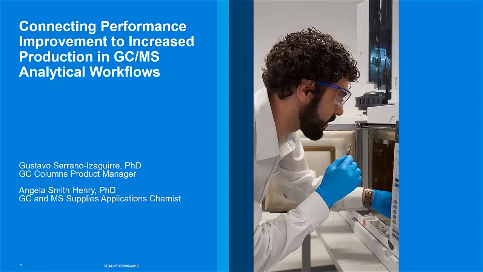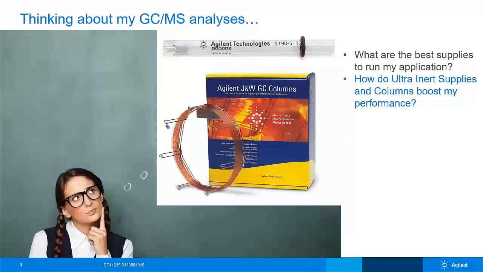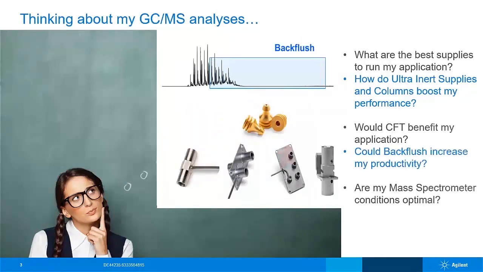Angie? Thank you. Gustavo and I welcome you all to our talk about improving performance and increasing production in your workflows. Many questions can formulate in your mind when working with GCMS systems and analyses. How can I minimize downtime and maximize lifetime and sensitivity with the best supplies? Could ultra inert deactivated products help my analysis? Is there any way to minimize the number of times I have to vent and trim the column? Am I using the right tune and temperatures for the mass spectrometer, or do I need to run the mass